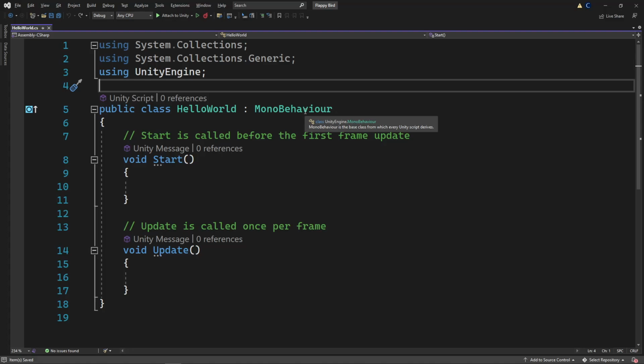It's the same name as our file. It's important that this word right here is the same name as the file. If you ever rename the file, go back into it and change this to match that name. And HelloWorld inherits all of the behaviors from MonoBehaviour. So essentially what this means is that we're creating a new component. It's called HelloWorld. That's all. You don't have to mess around with anything on this line ever unless you're an advanced user. Just keep it as it is and you'll be good.